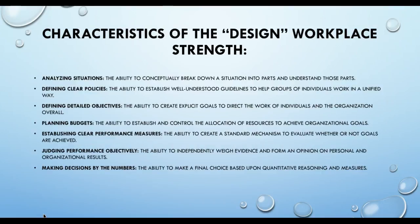So the characteristics of the design workplace strength is analyzing situations, which of course is the ability to break down a situation into parts and understand those parts. Defining clear policies is the ability to establish well understood guidelines to help groups of individuals work in a unified way. Defining detailed objectives is the ability to create explicit goals to direct the work of individuals and the